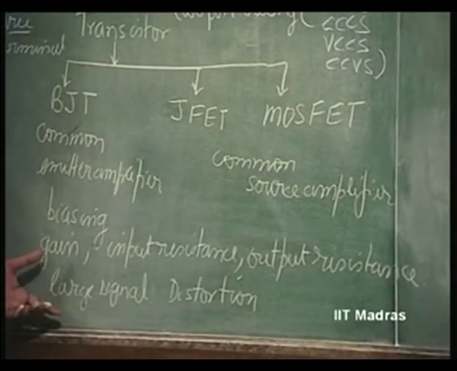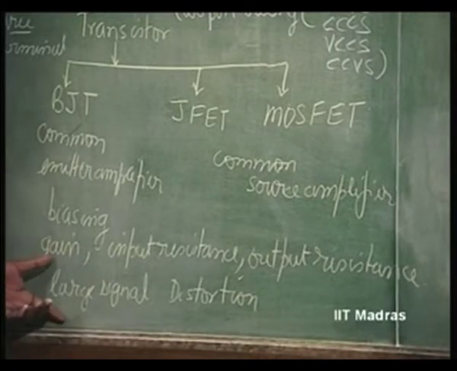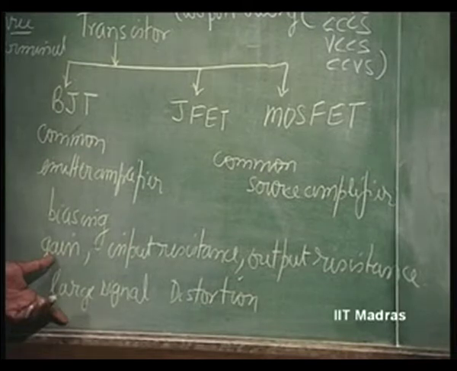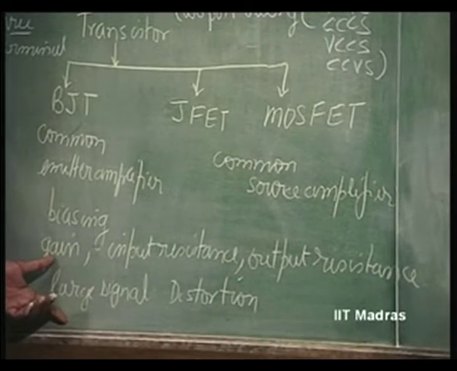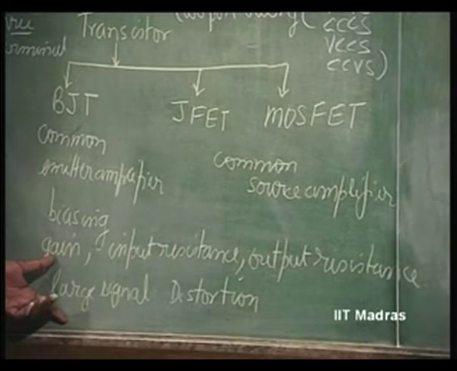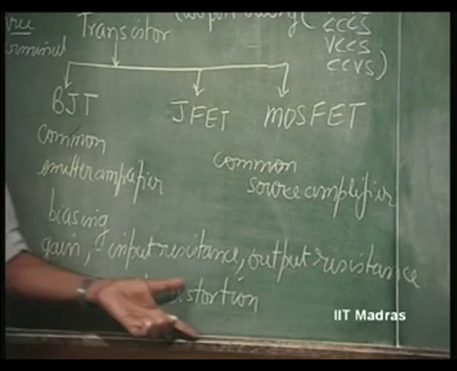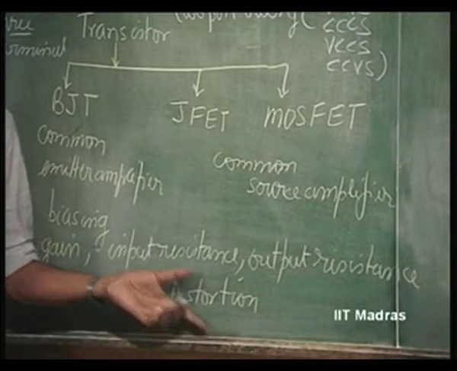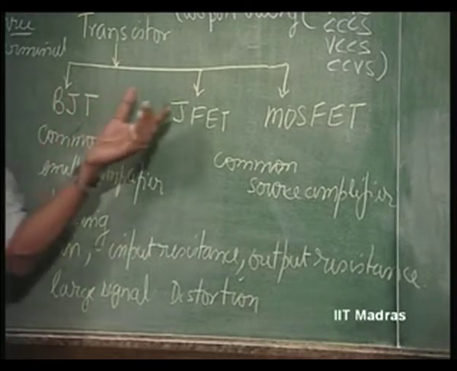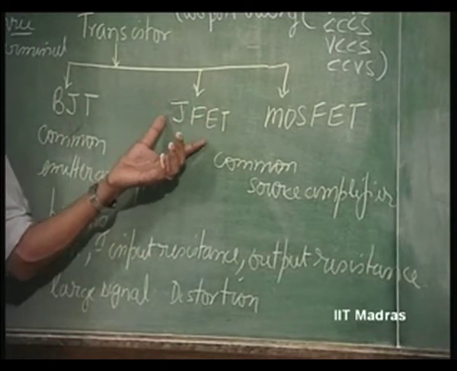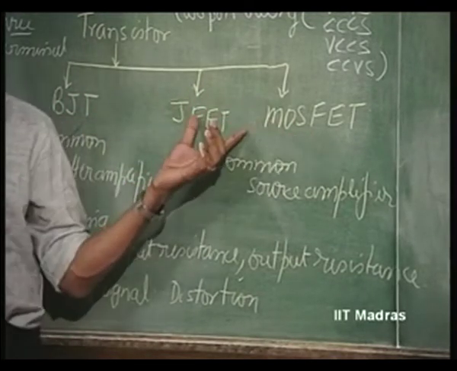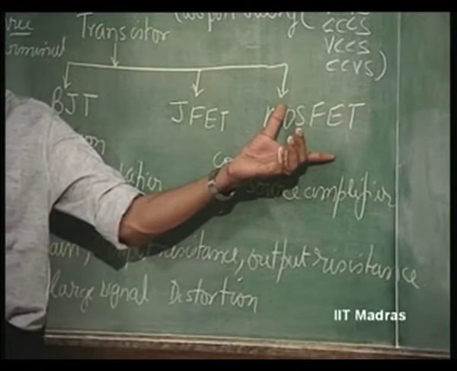And then, what is the effect of large signal? What is meant by small signal? When does distortion occur? Because of the nonlinearity of the device. So, how to evaluate distortion? We discussed this. Then we went over to field effect transistors, the junction field effect transistor and the MOSFET, how this is